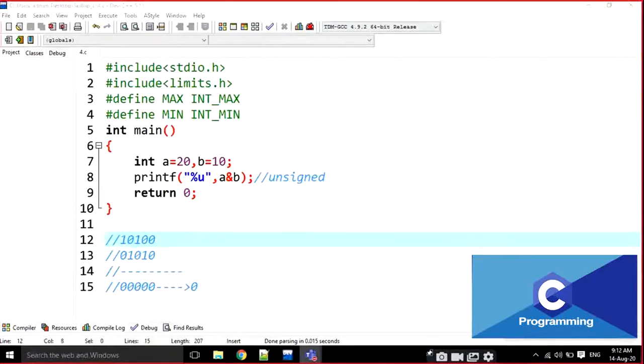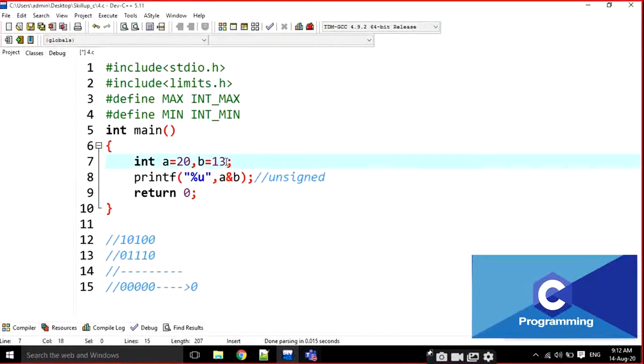If both are 1, then only it will be true. That is called a logical AND operation. That's why there is no operations here. For example, I am going to change this as 1. For example, what is the value of 1101? 2 power 0, 2 power 1, 2 power 2, 2 power 3. 2 power 3 is 8. 8 plus 4, 12 and 13.